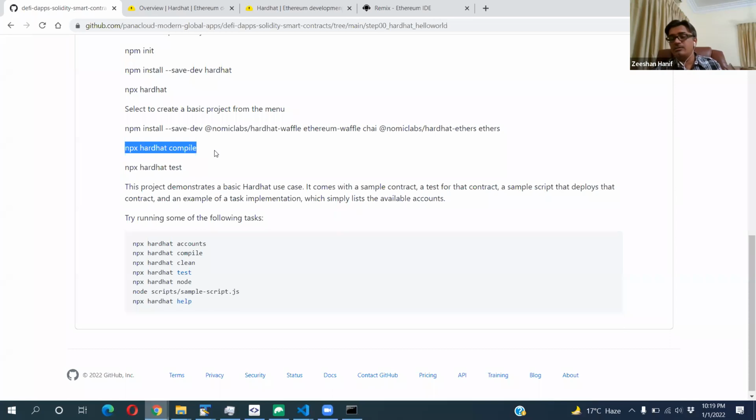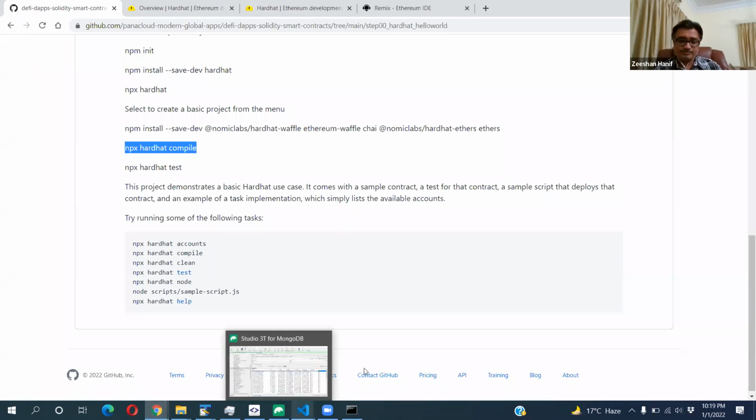There can be any language, maybe PHP, but because JavaScript and TypeScript are so common, they chose these languages to help you run tasks, and every other thing that needs to support your Solidity or Ethereum dApps will be done in TypeScript and JavaScript.